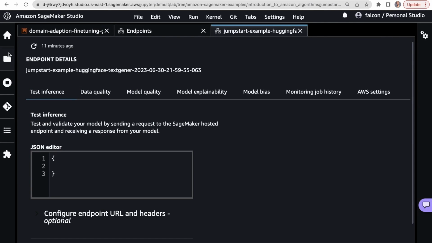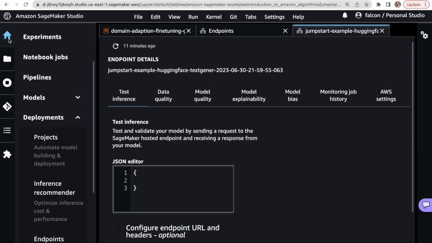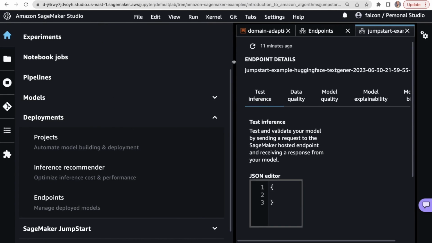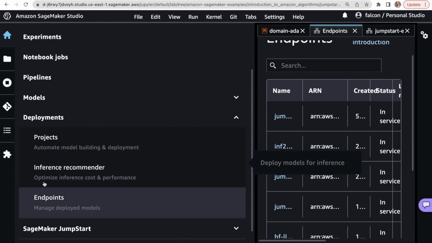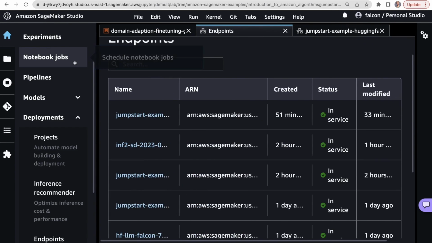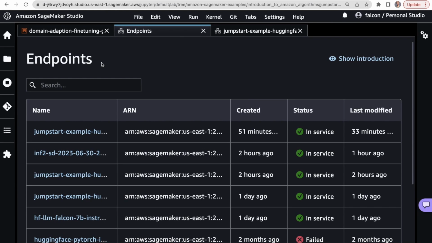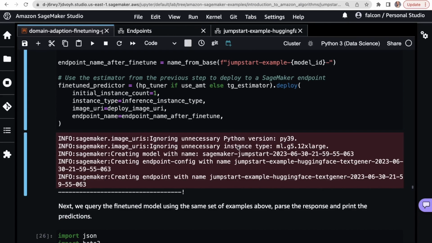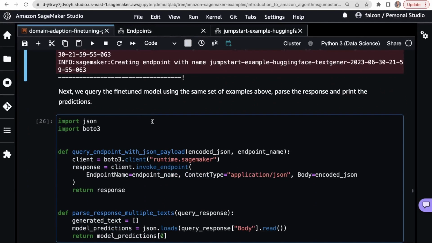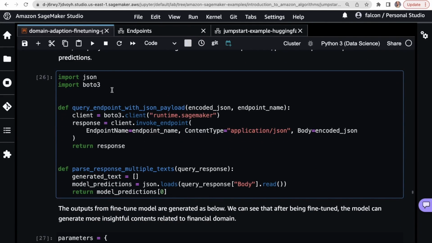So that's out here, up in the top with the little house. We'll click on endpoints. We'll close that out. And then this should say, oh, I guess there are two. Yeah, JumpStart 1, JumpStart 2. Okay, perfect. Great. So we have two JumpStart models, and now we'll interact with this.